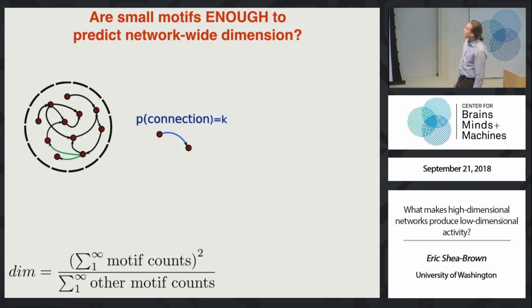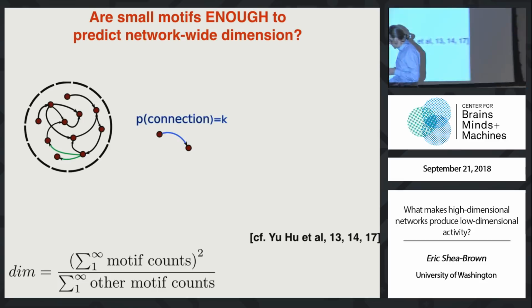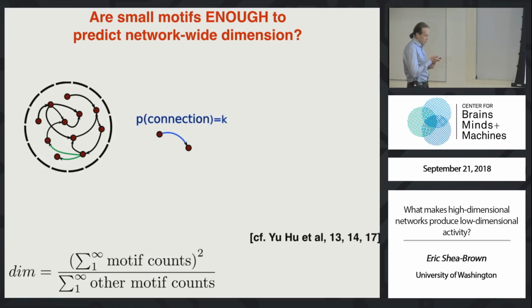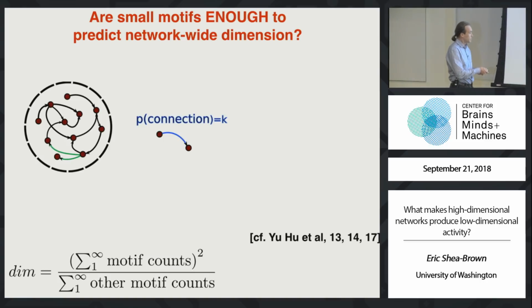So here is where the ideas of Yu Hu, Heim's former postdoc, now in Hong Kong, my former graduate student, come in. So Yu Hu saves the day. And here's what Yu Hu does. Not on this project, but this is his general theoretical idea, which he used to advance other aspects of network dynamics in past work that he led. So what Yu Hu does is he says this.